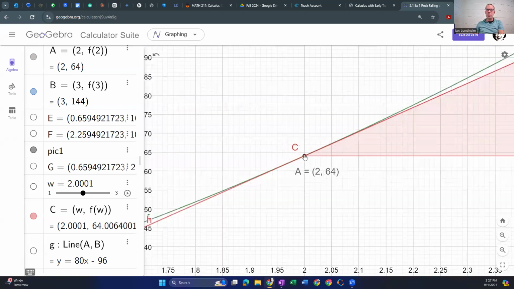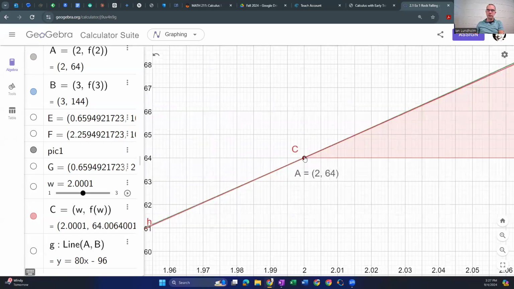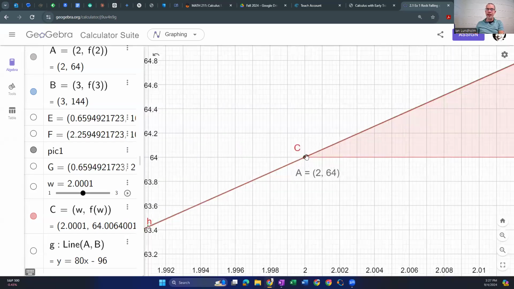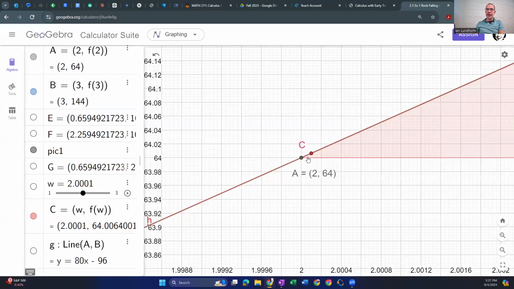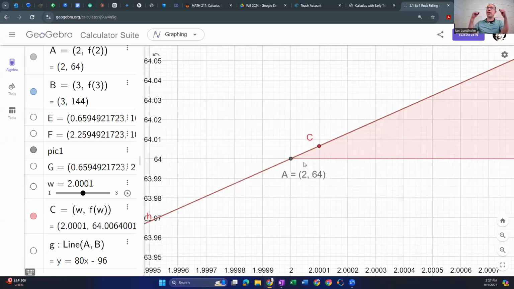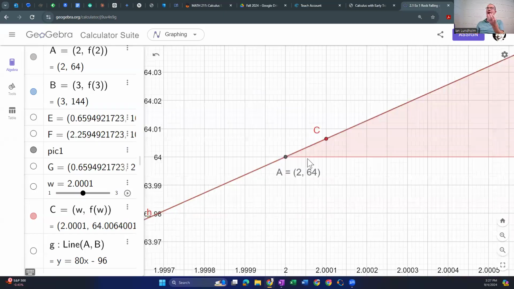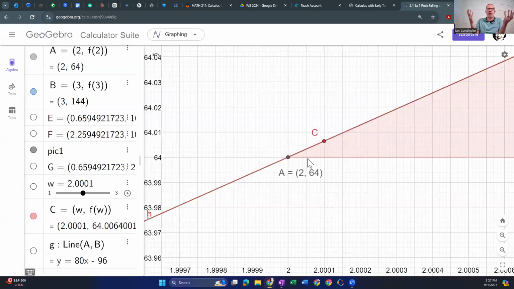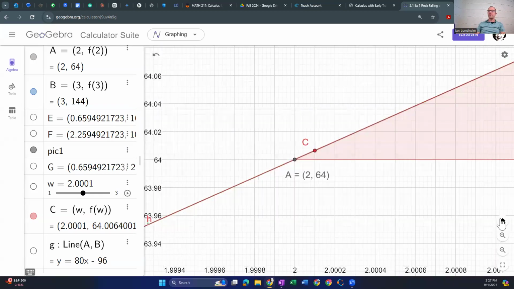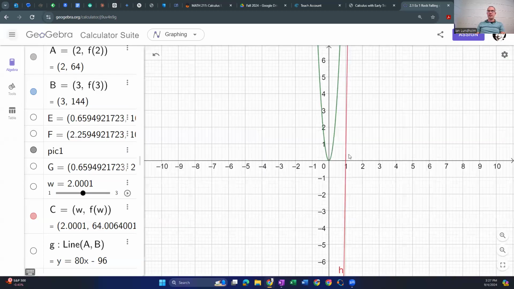As long as these 2 points aren't exactly the same, we can zoom in and see that those 2 points determine a line, and we can calculate the slope of that line. The problem happens when we try to put one right on top of the other. That's a problem. Anyways, okay, I just lost that whole thing. Let's go back